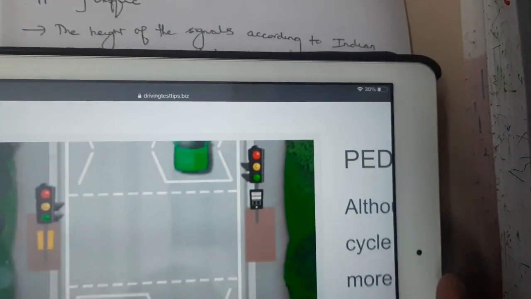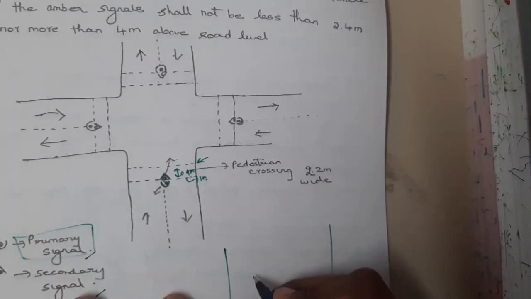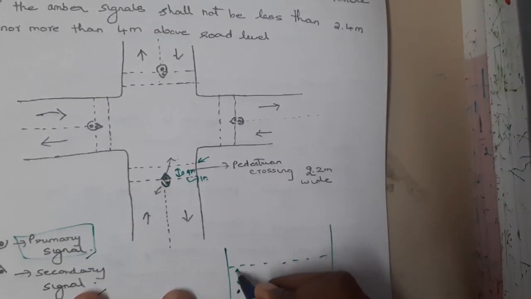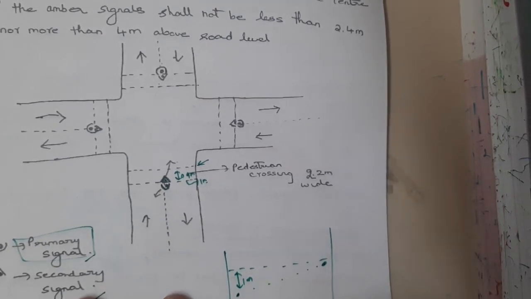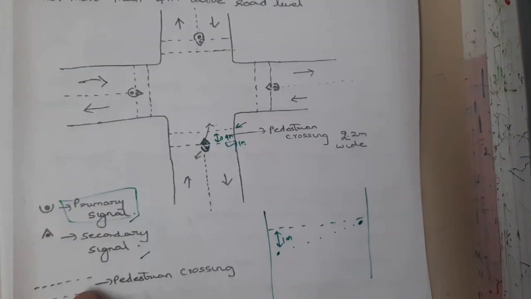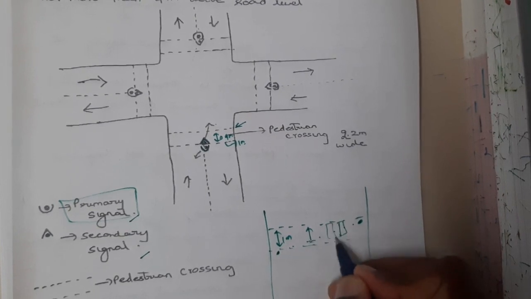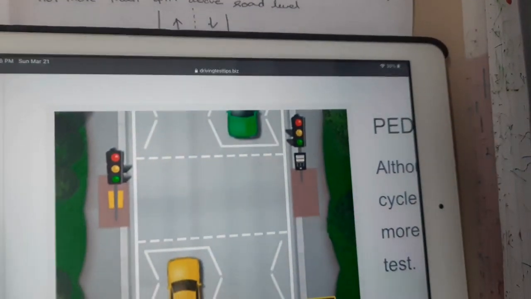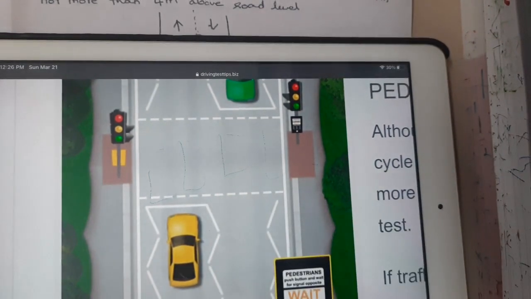This diagram is a bit better when compared to our diagram, guys. So you just draw it in this way. Here you will have that signal. If this is the stop line, this distance will be 1 meter, and on the opposite side you will have one more signal, that is our secondary signal. I am drawing dotted lines here, right? In between is our pedestrian crossing, where the zebra crossing will be. So this is the exact diagram you can say. I think everyone is now clear with this, right? So let us continue.